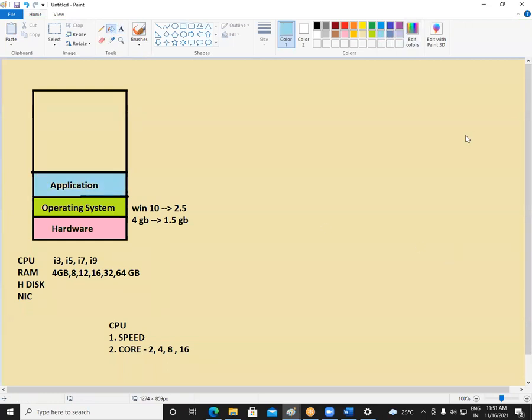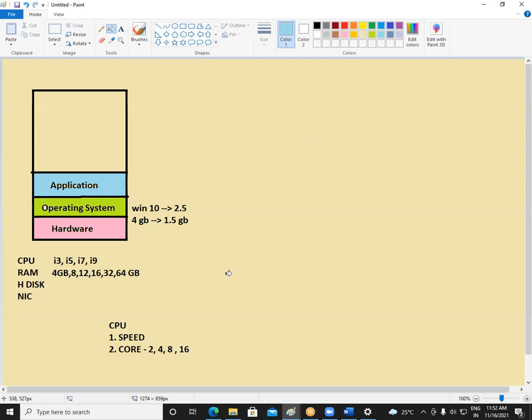So what applications are we running here? In a computer, you may run MS Office, or antivirus, or some application like Google Chrome, or Windows Media Player. Right now, the Zoom meeting is running in your machine. That is again an application. So all these are applications, and every application will consume some memory. Some applications may consume like 300 MB of memory. Some may consume only 50 MB. Some applications even consume more than 1 GB of memory. So how much memory they use depends on that particular application.